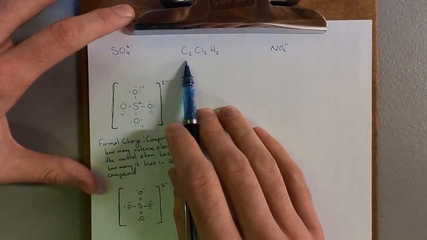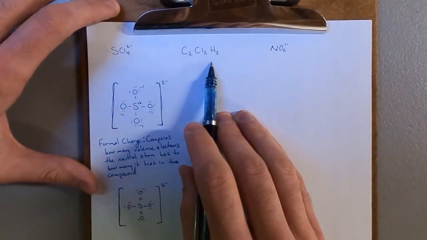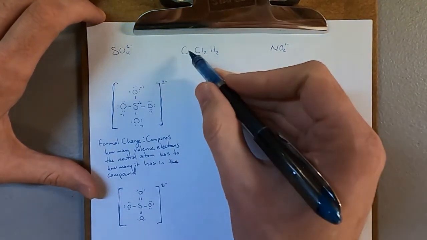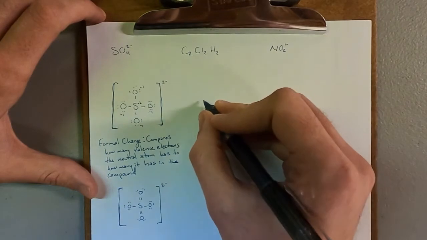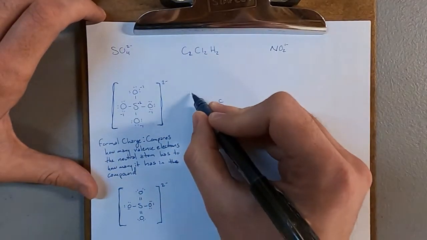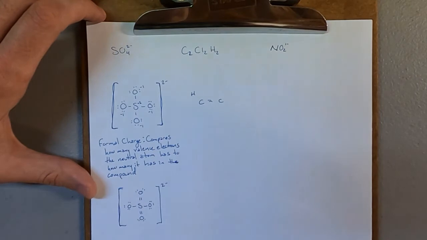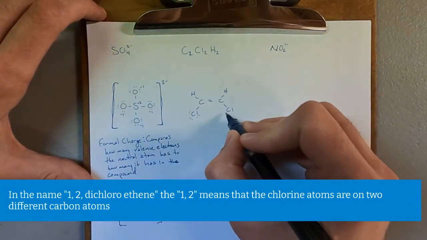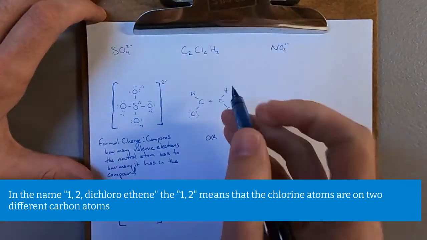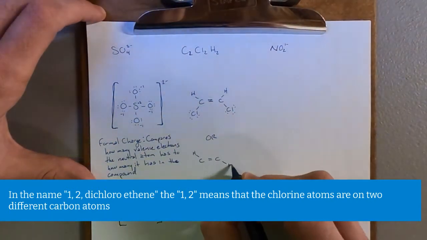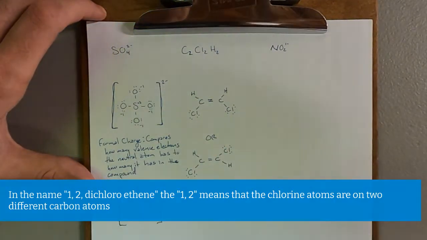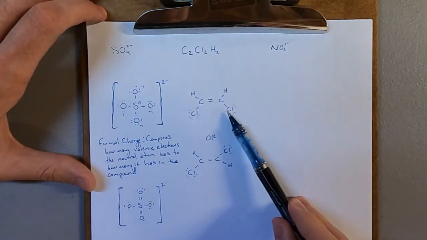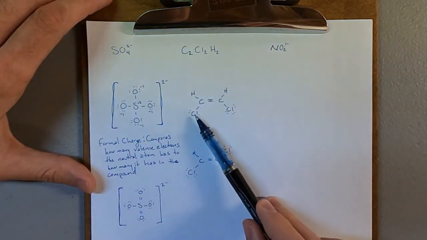Look at this molecule now. It's a neutrally charged molecule, and if you follow the steps, there are 2 carbons, and so it's got 2 central atoms, and they're going to end up having to be double bonded. Now this is how it would have to be put together, and I arbitrarily chose the chlorines